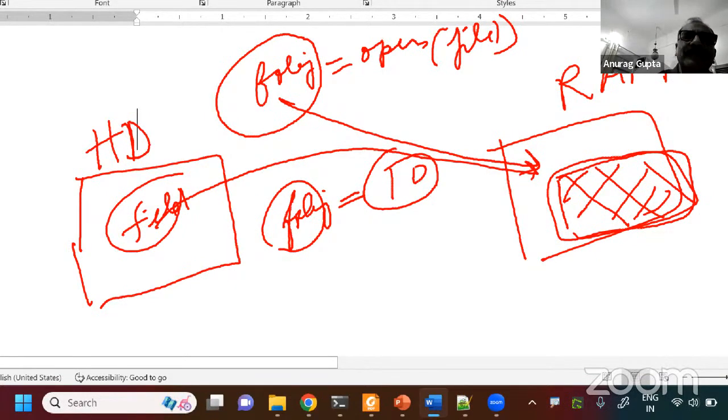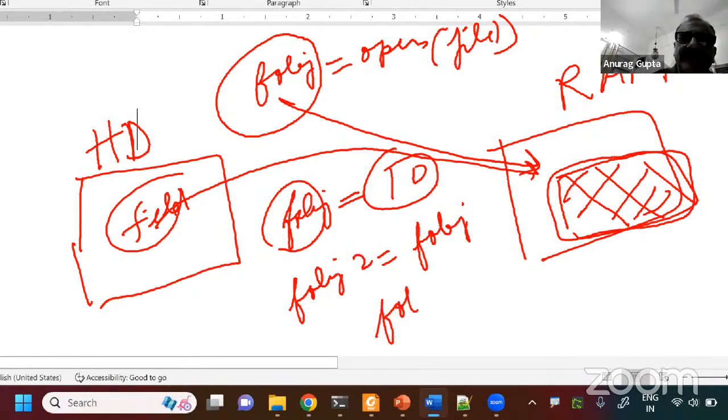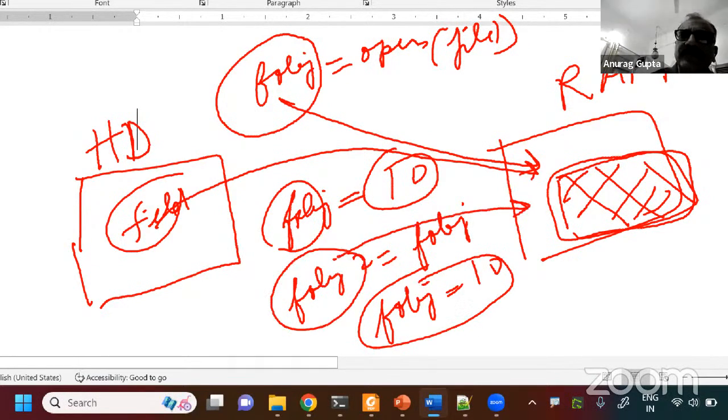Now, just to make it a bit more complicated, suppose you had done f object 2 is equal to f object, and then you put f object is equal to 10. Then also this memory will not be removed, because even though f object has gone, f object 2 is still pointing to this memory. So the garbage collector knows that there is an alias for f object, called f object 2, which is still pointing to the memory. That is why it is not able to reclaim the memory, or get back memory which is no longer in use. This is the way a typical garbage collector works in Python.